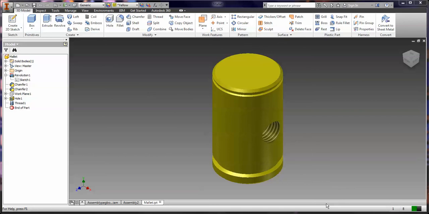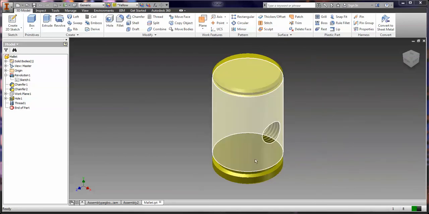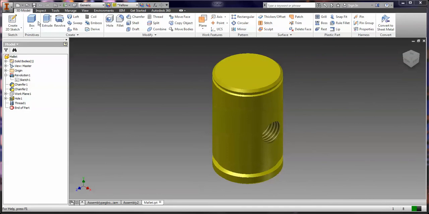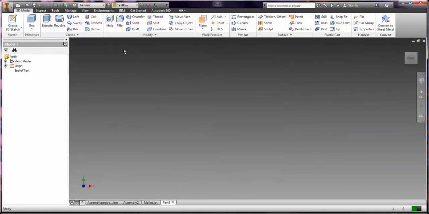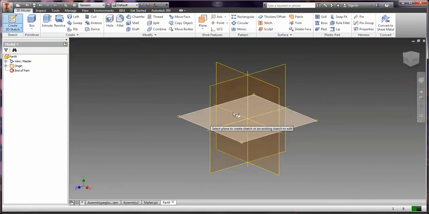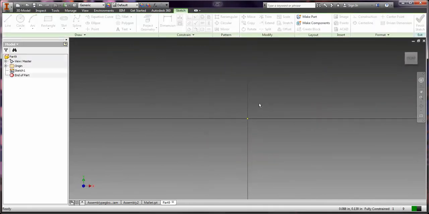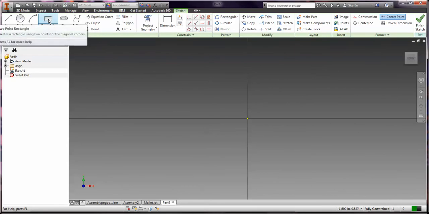Okay, our very last part to make for our pegboard toy is the mallet, the head of the mallet. So we're going to again open up a new standard.ipt Inventor part file, create 2D sketch. We're going to select our XY plane, and we're going to be creating basically the side profile and then revolving